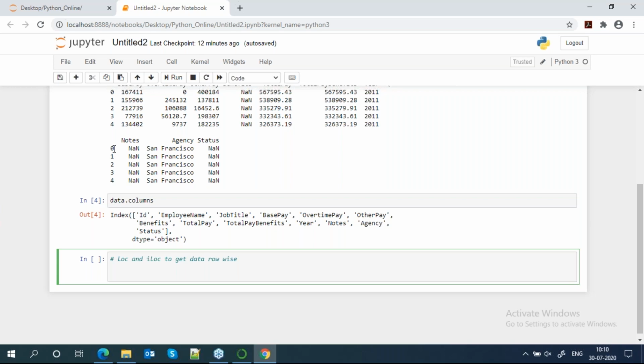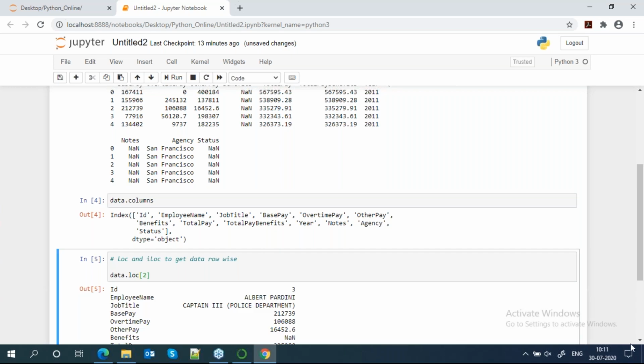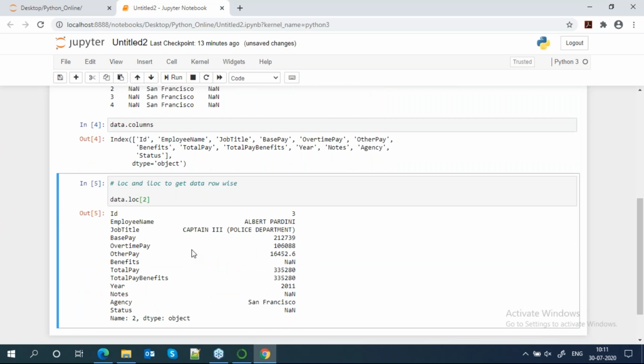You can see that in the second row we got ID 3, employee name Albert Paridhani, job title, base pay. Okay, so let's verify this data.